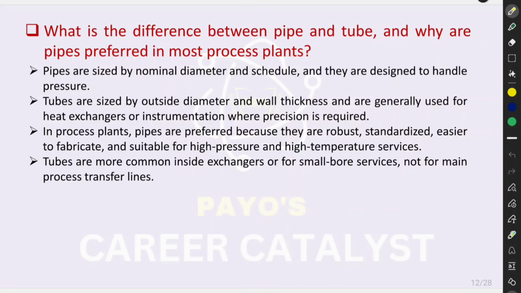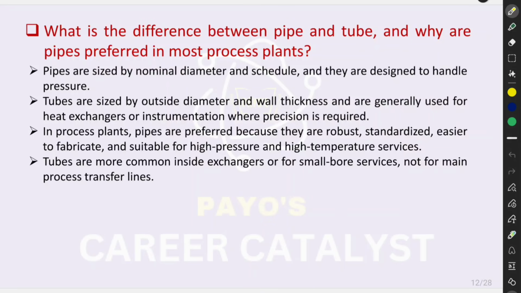What is the difference between pipe and tube? And why are pipes preferred in most process plants? Pipes are sized by nominal diameter and schedule, and they are designed to handle pressure. Tubes are sized by outside diameter and wall thickness and are generally used for heat exchangers or instrumentation where precision